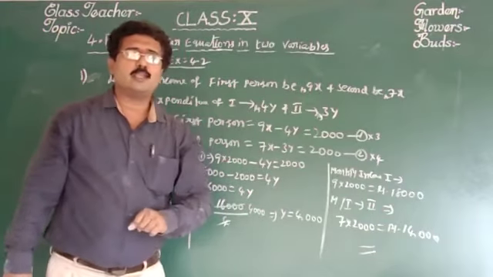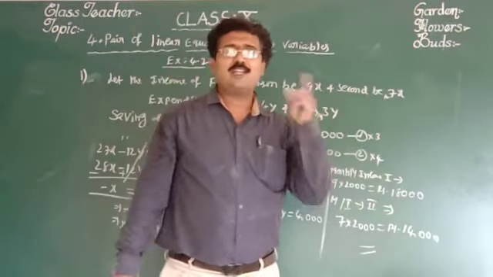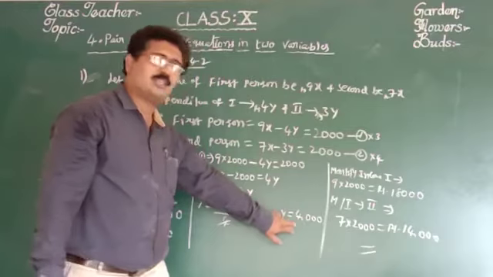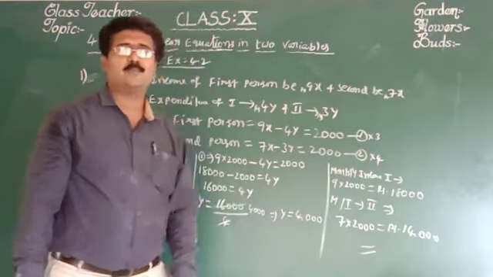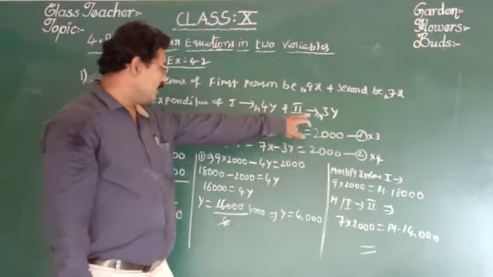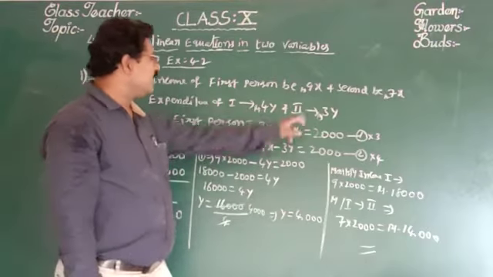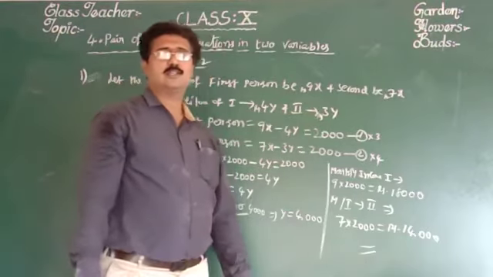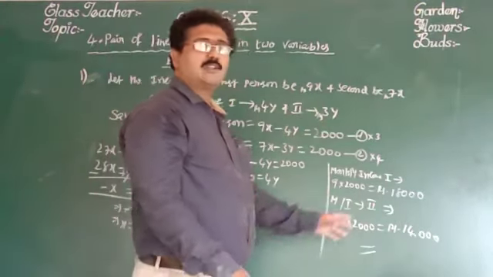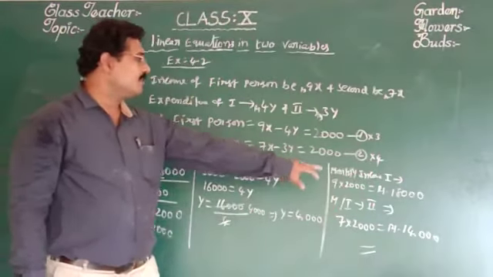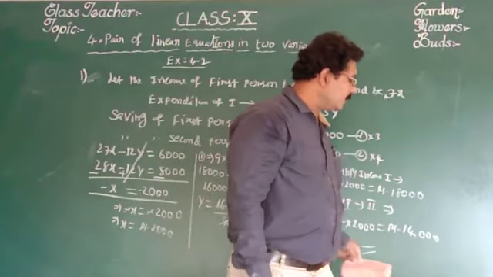So you do homework. You do in the assignment today, in the same problem, find their expenditures. Find their expenditures means you have to notice that y. Otherwise, there is no need to calculate the value of y. Suppose if they ask expenditures, what is that expenditure? Expenditure of the first person is 4y, that is 4 4s are 16,000, and the expenditure of the second person is 3y, that is 12,000. You write in the assignment, find their expenditures, and then complete the problem. Actually, the textbook problem asks for income: the first person's income is 18,000 and the second person's income is 14,000 rupees.